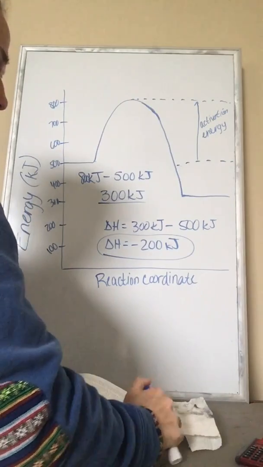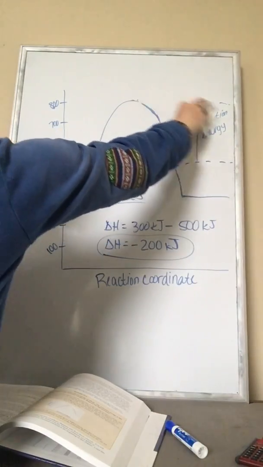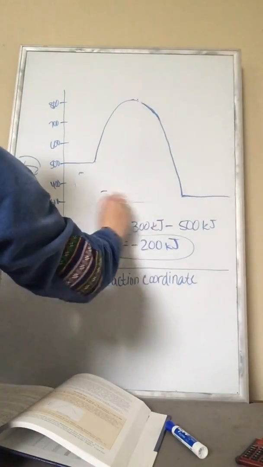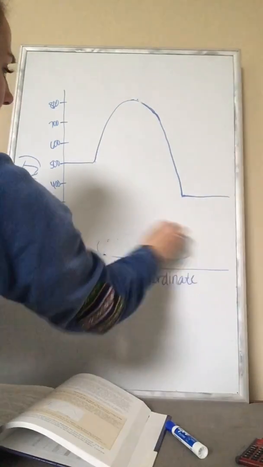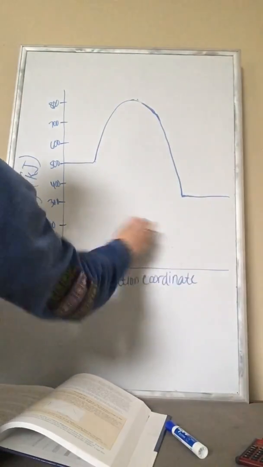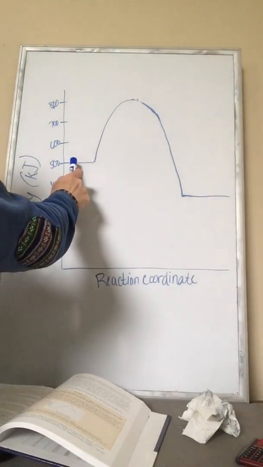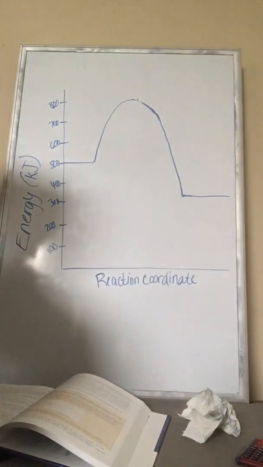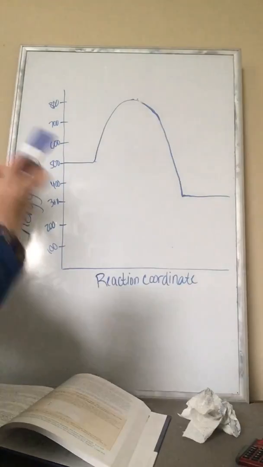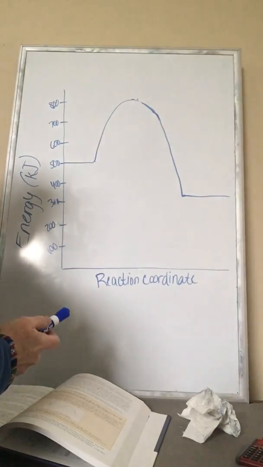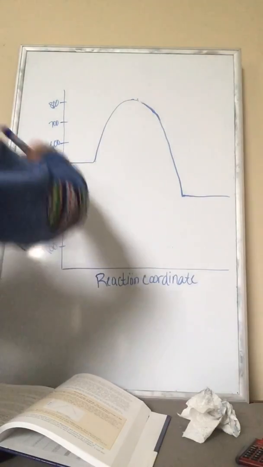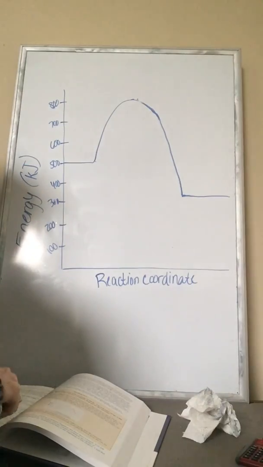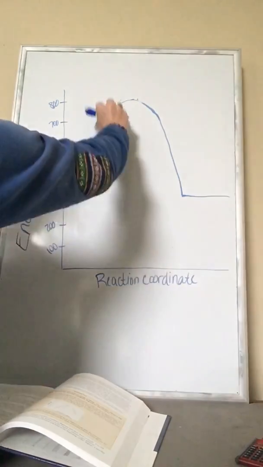But if you're not given any of this information, if all we have is just the diagram, we're not given anything else. What can we tell in general by looking at this diagram? Well, we can tell that the products are lower than the reactants. So delta H is going to be negative. All right, so that means it's going to be exothermic. And we can actually calculate, if nothing else is written up here, we can actually calculate delta H, and we can calculate the activation energy. Now, if we were to compare, what if we had a reaction that looked like